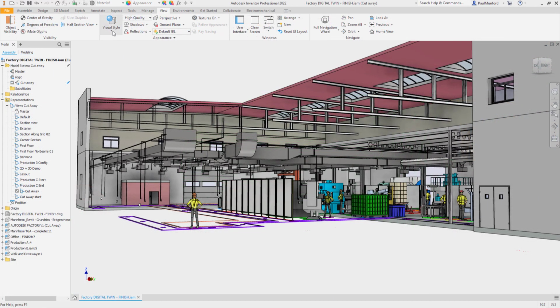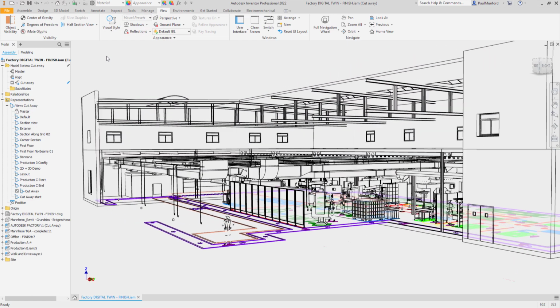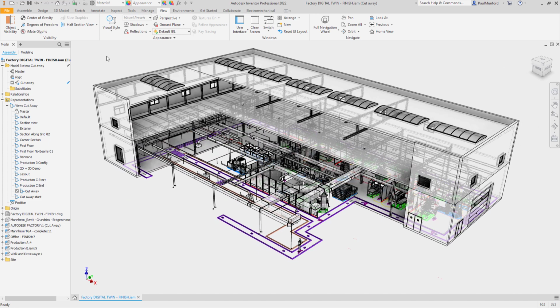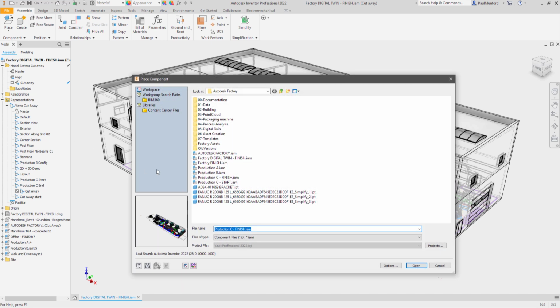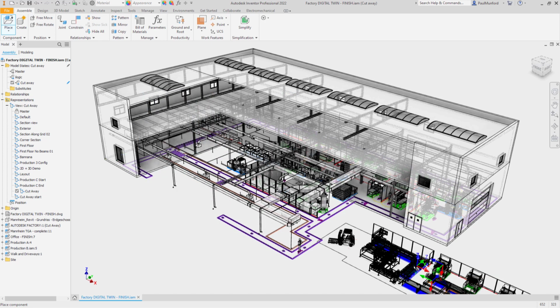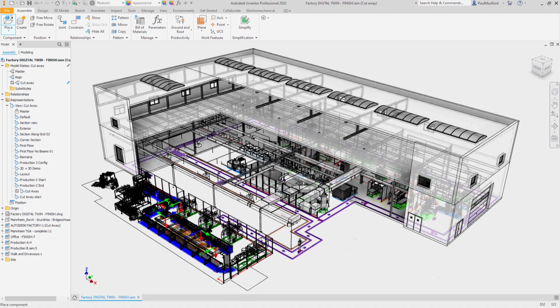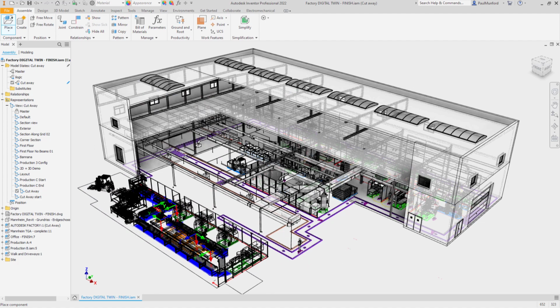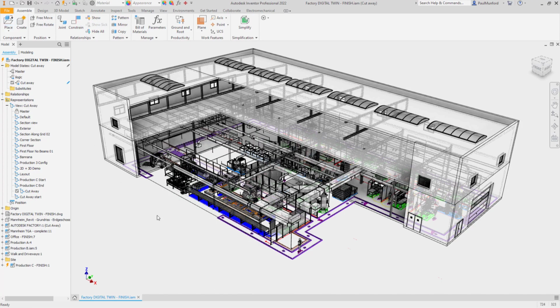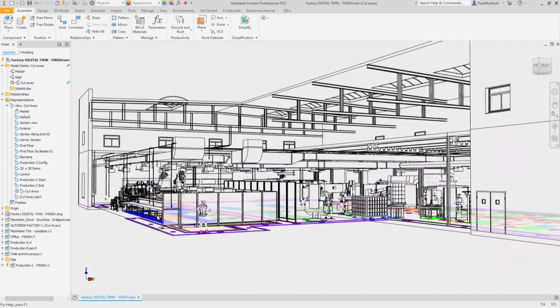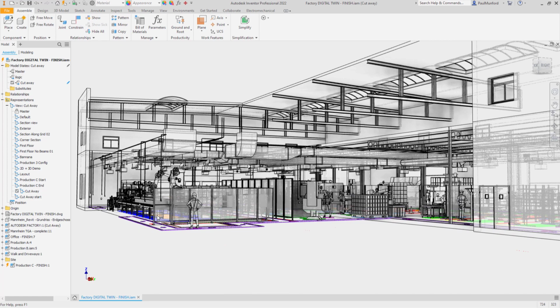What you see on the screen has also improved performance, specifically with view orientation, panning, and zooming. Visual styles with edge silhouettes are now rendered using the GPU, providing better performance for shaded with edges, hidden line, and wireframe visual styles. You don't want to wait while your files open and close or when you're dragging partially constrained components around on the screen. You'll see improved performance for both of these in this release.